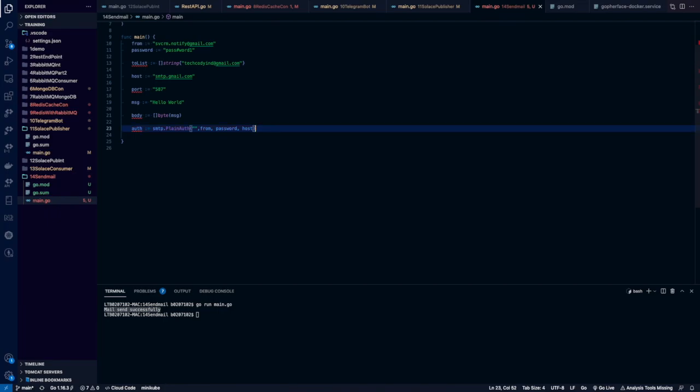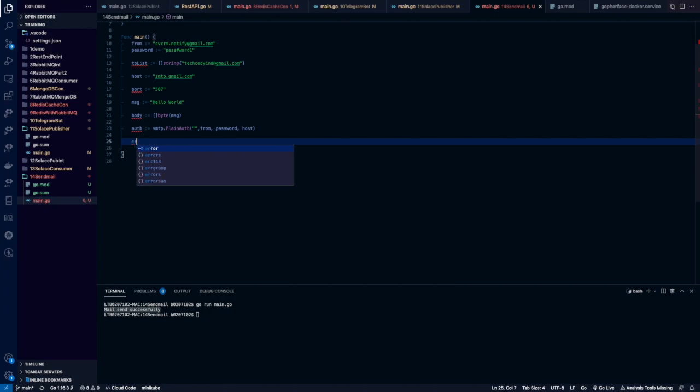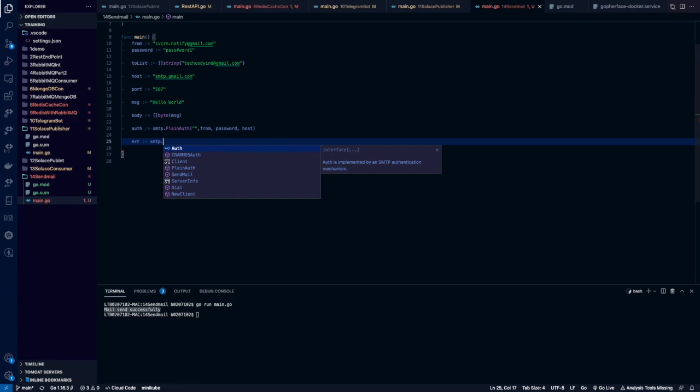Now the next thing we need to do is use the SendMail function to actually send the complete package to the email service provider. So we'll be mentioning err just to handle the error, just in case my user ID is not correct or the password is not correct, or we are not able to make the connectivity with the host. To handle these kinds of issues, we are using this err attribute to capture errors. So again, under the SMTP package, we'll be using the SendMail function.